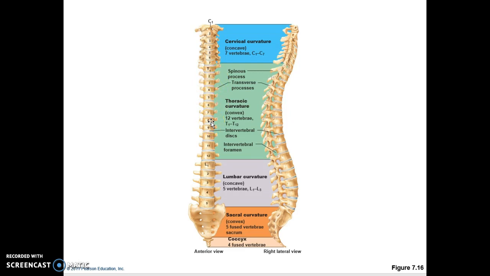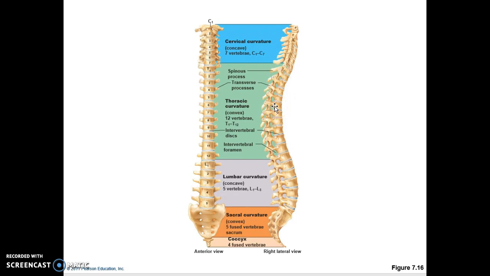So if you tried to compress it, like put a weight on top of it, it wouldn't be that springy. But because the discs are flexible and you have the curvatures, all the curvatures can bow out in one direction or another, so that when forces are imparted to your vertebral column, the curves can expand and contract to absorb